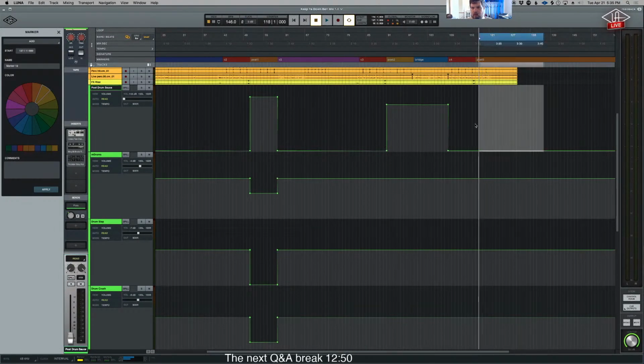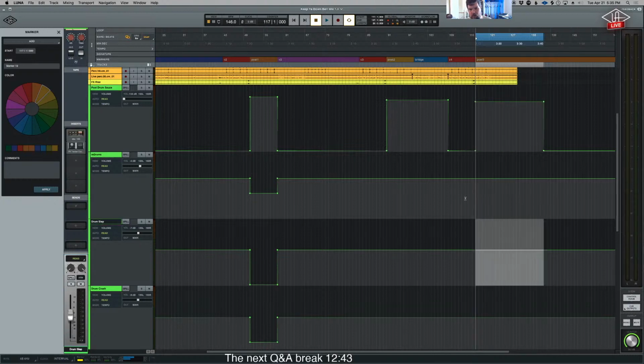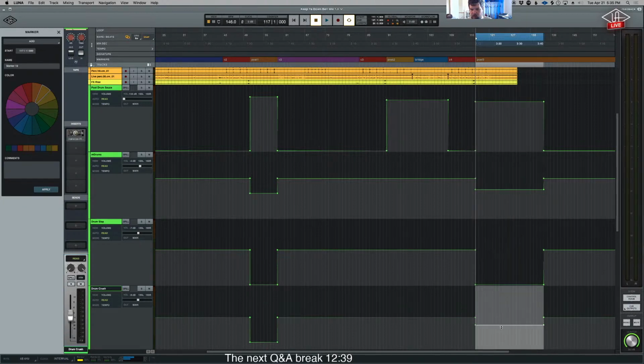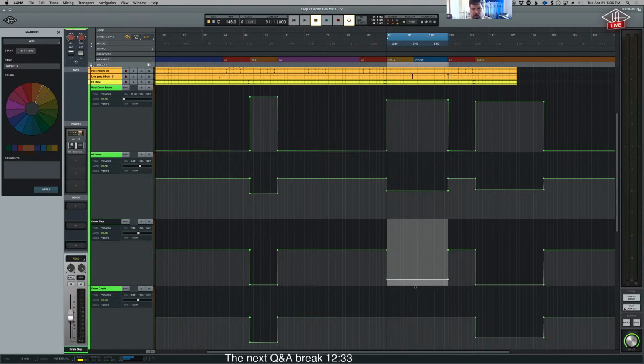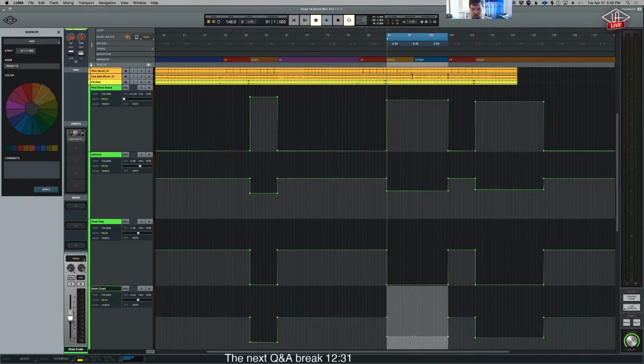Delete that. Come in here. Bring up that new drum effects aux. Come down. Cancel the crush and slap a little bit. Boom. This is why automation is. I try to save it for as late as possible, and it's not just because I'm lazy, but